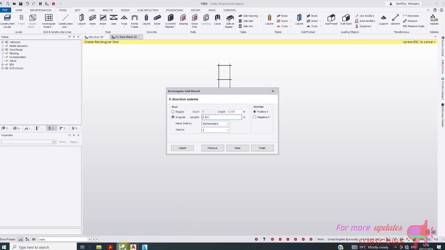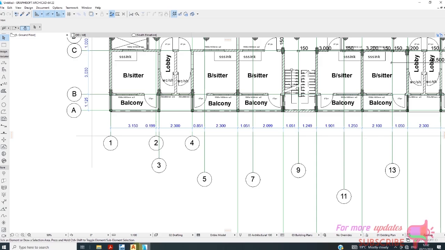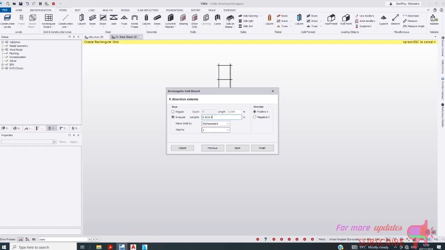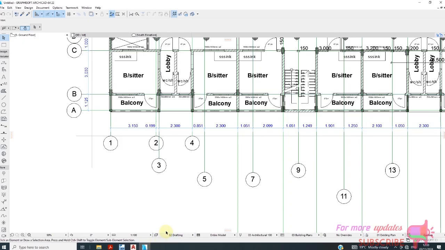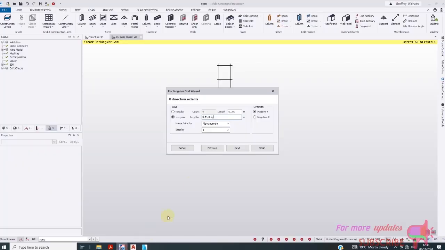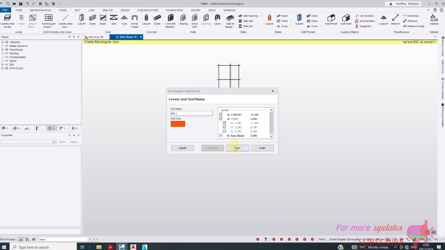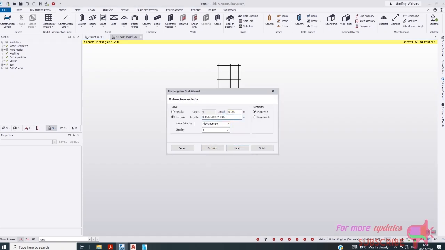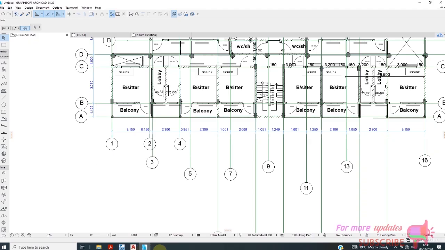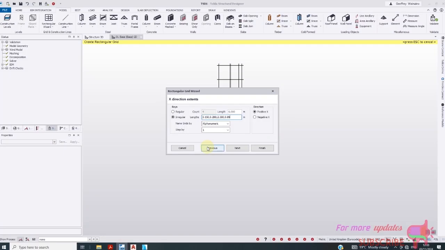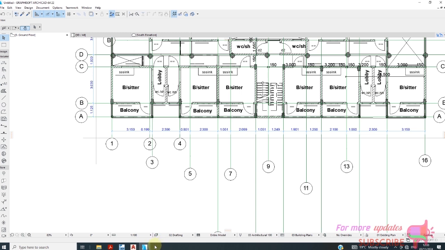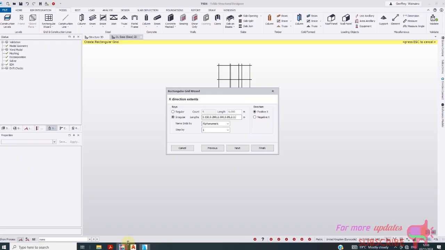comma, 0.2, comma, 2.3, comma, 0.85, again 2.3, comma, 2.3, comma, 1.05, and then 2.1, comma, 1.05, comma, 2.1, comma,